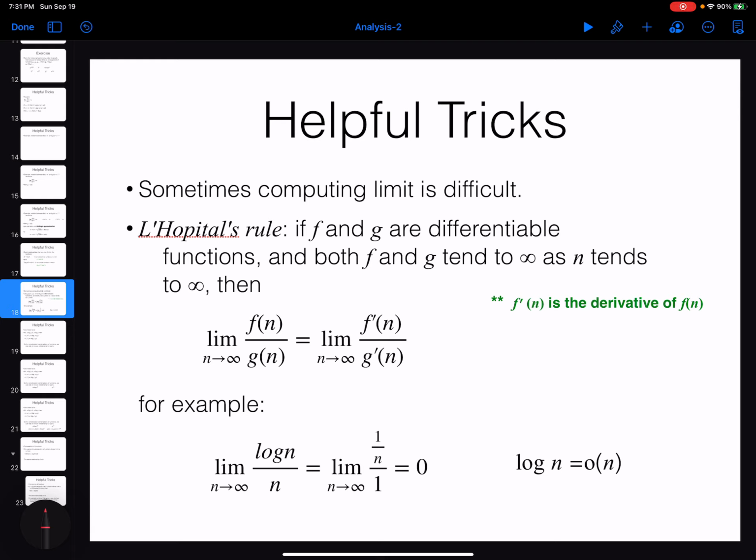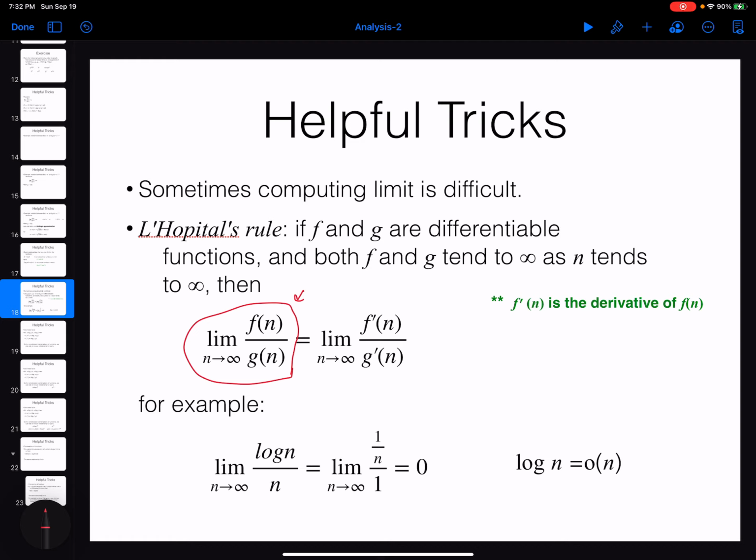One more very interesting theorem that helps a lot in comparing the growth ratio of two functions is L'Hopital's rule. As I told you, when you are comparing the growth ratio of two functions, you need to calculate the limit of f of n divided by g of n when n approaches infinity. But sometimes the functions are so complicated that even calculating this limit is difficult. So if that's the case, one tip is that